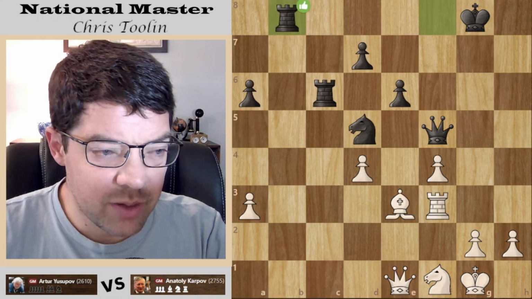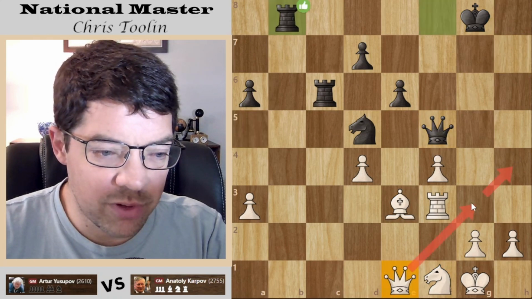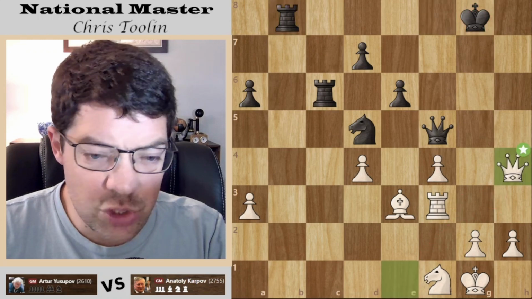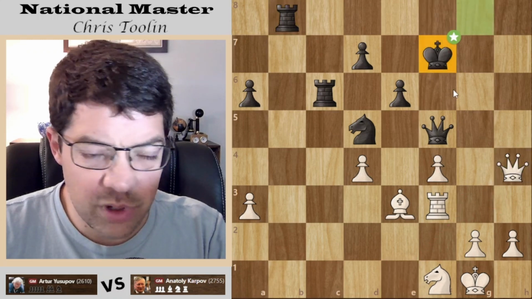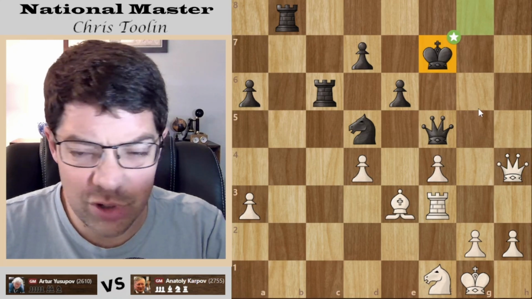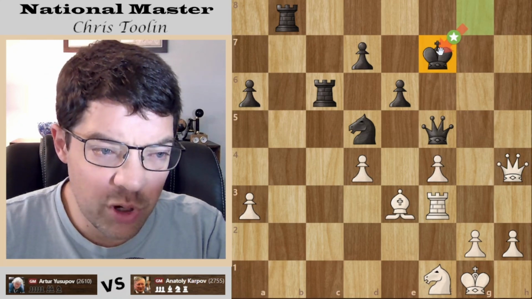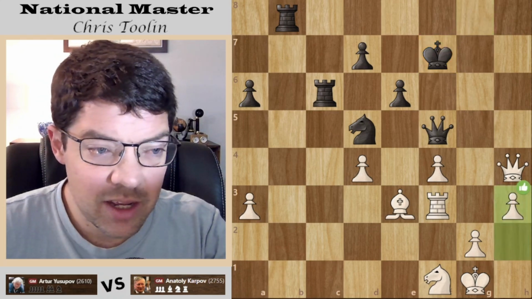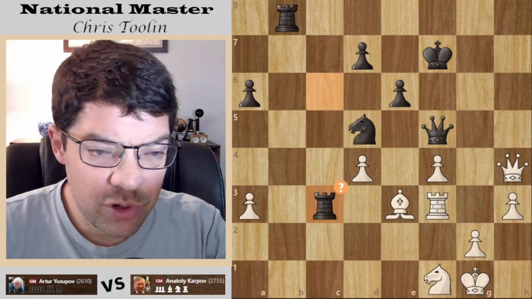Queen f5, queen e1. White is trying to reroute over to the king. This king is so open, but it can't be attacked. Great judgment by Karpov. Just saying, queen on the board, rook on the board, a couple minors, no pawns in front of my king, and I'm just fine. We're fine. King f7. That's pretty impressive.